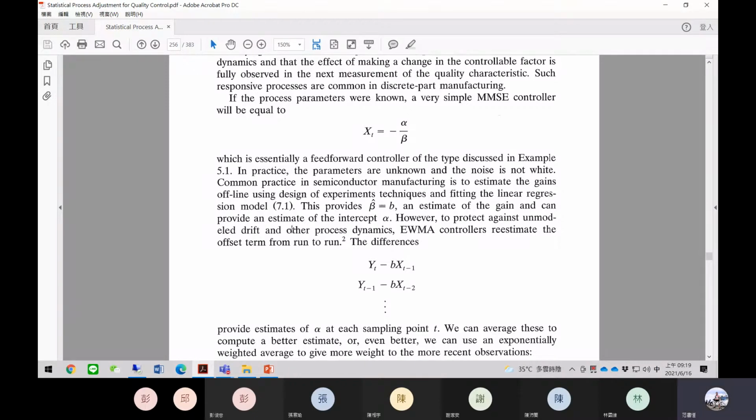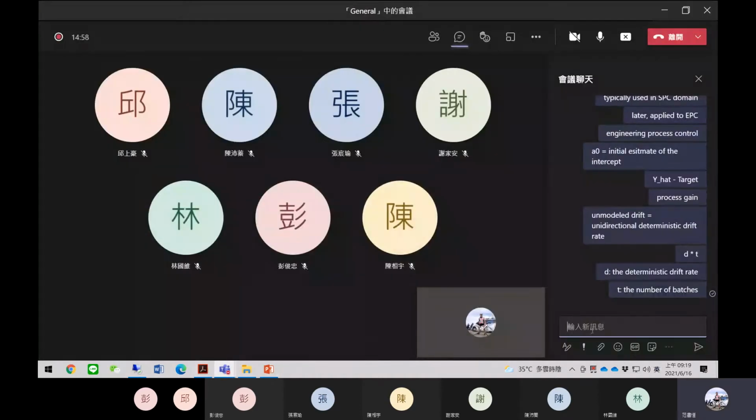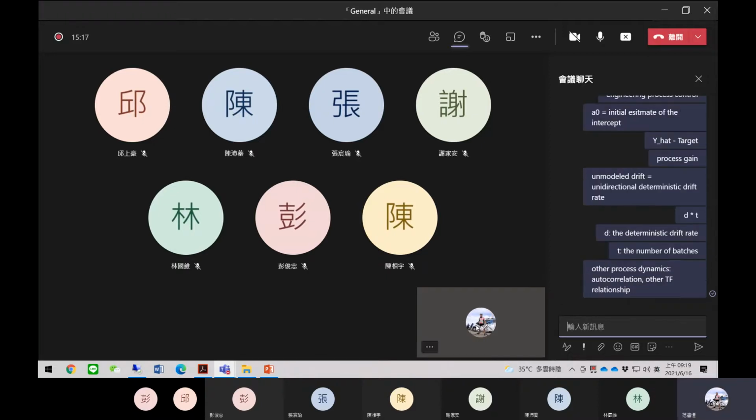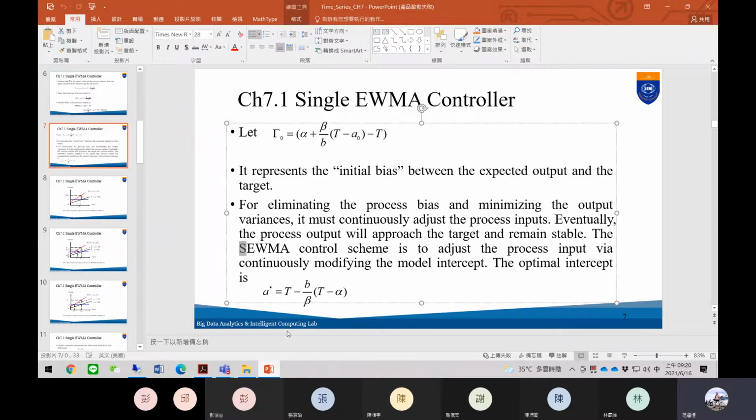And other process dynamics, for example, if there's autocorrelation, or other functional relationships, something like that. Then